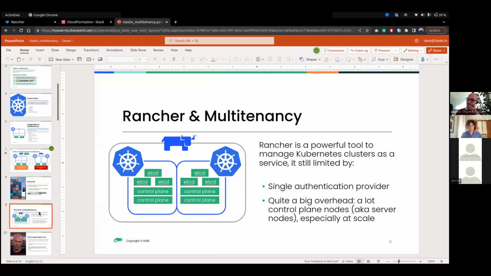So we can create all the clusters that we want and give the rights to different clusters to different organizations, to our different tenants. What are the issues? The issues are shown in this slide, as you can see. So every time you create a Kubernetes cluster, you have different